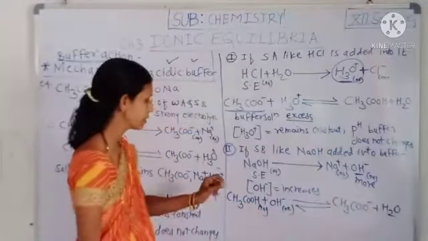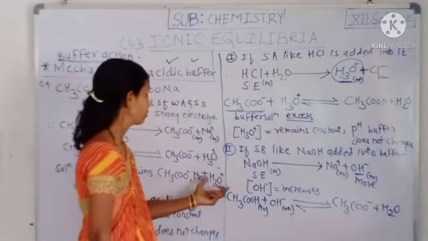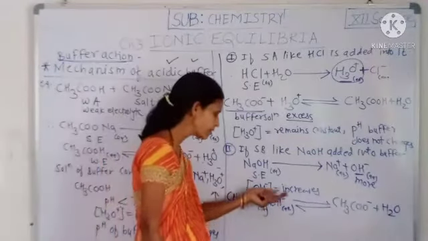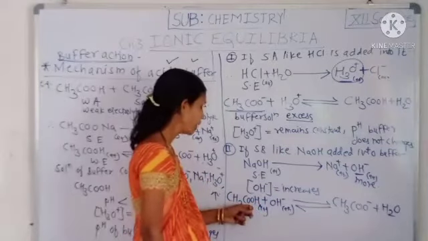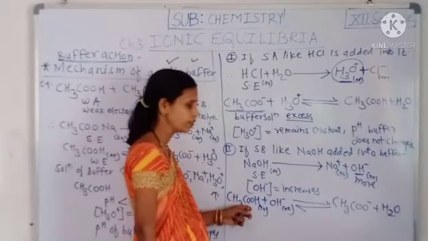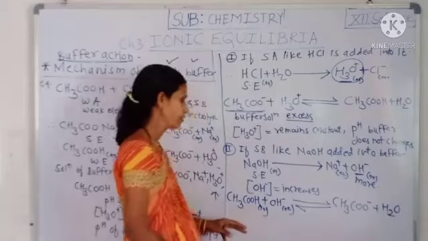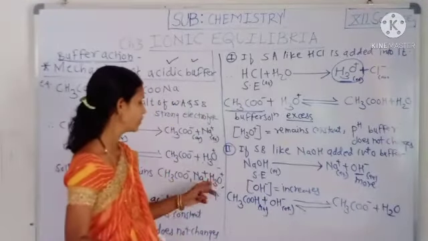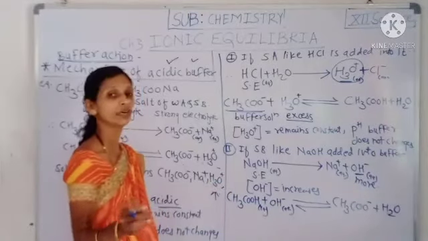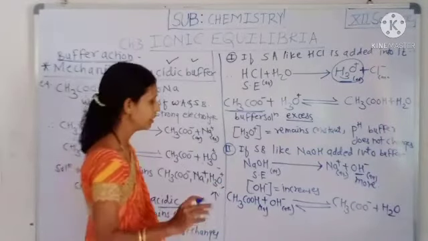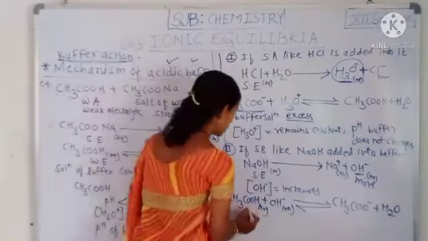That means here the excess OH- ions are consumed because of the unionized acetic acid molecule, and the concentration of H3O+ again remains constant, and the pH of